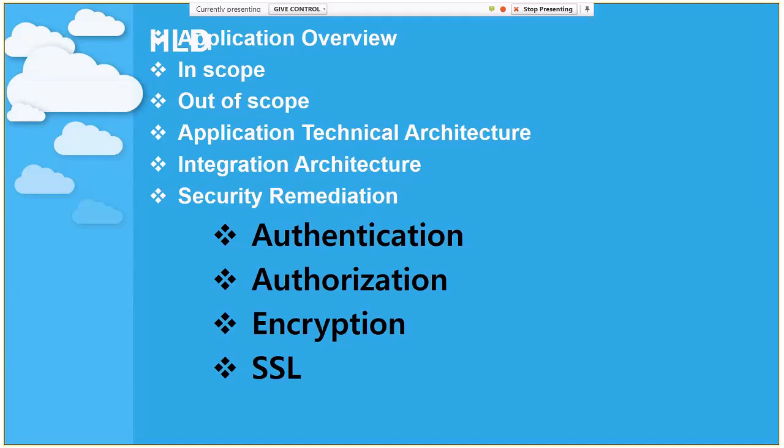Then we'll have the application technical architecture. Just think, in some of the applications we can go ahead with PaaS, or we can go with IaaS. In some of the applications I have worked on, it wanted to use a database in IaaS, and the UI side was in the web app, which we have used. So how to connect it? One way of doing that is we can use VNet peering, or we can use VNet integration.